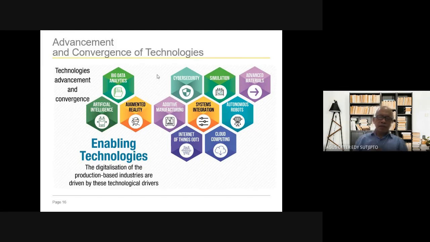Augmented reality is also very important if we want to assist maintenance in the field from a remote area, from the office, from the center. So for maintenance or any unpredictable occurrence, we can assist from the remote area.